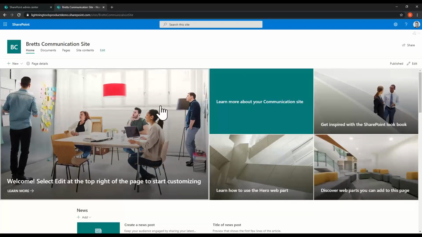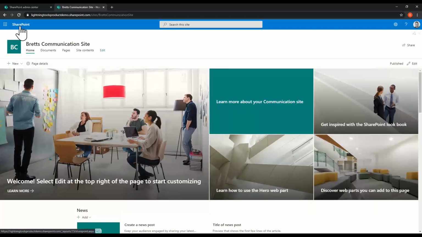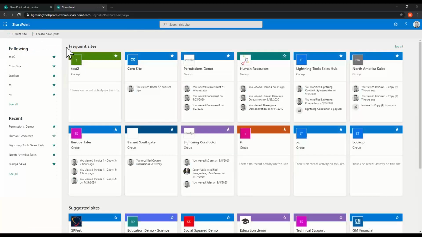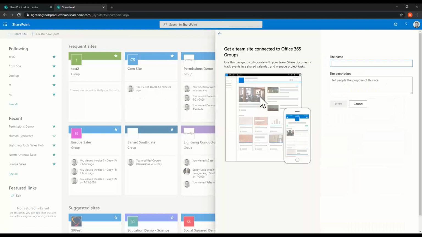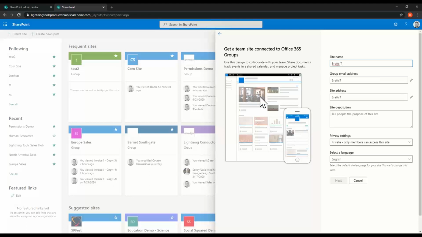So that's a communication site. It doesn't create an Office 365 group. If we go through and create a new team site, there's no avoiding the creation of the Office 365 group. Notice that if we give it a name, so Brett's team site,